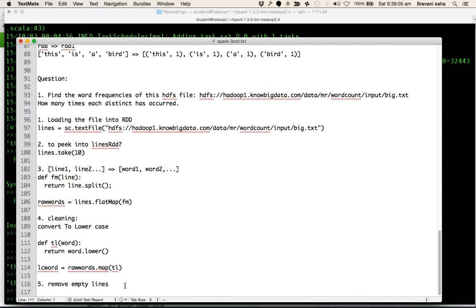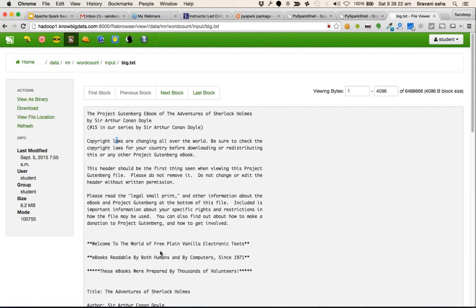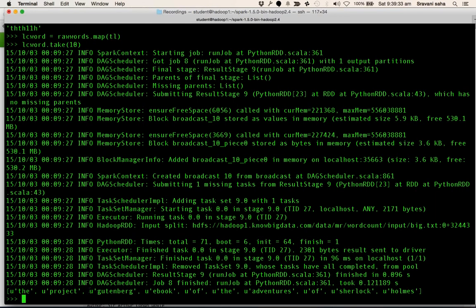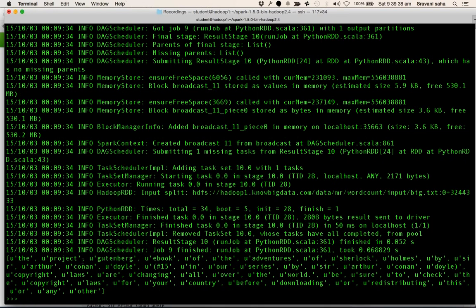Or remove empty words. There are some words which are empty because either there was a double space or there was nothing in the line. For example, these lines, you see, these will be empty words. If you say lc word dot take 10, at least one word will be empty. The project, not this one, say take 50. So you can see here the project Gutenberg, this, and